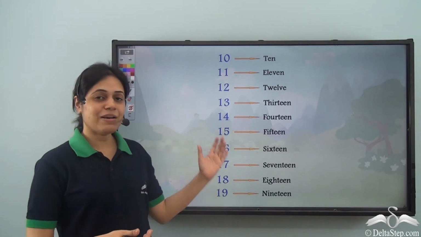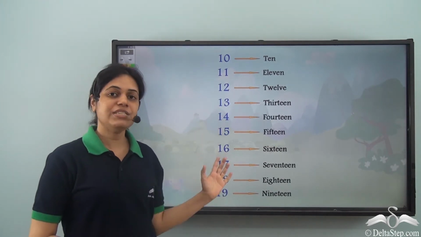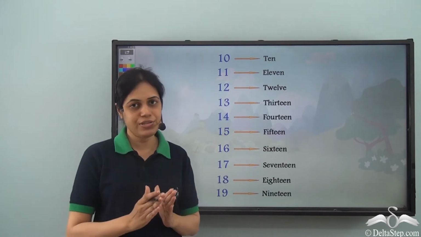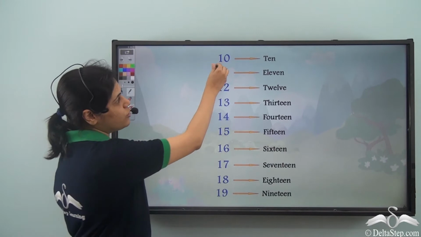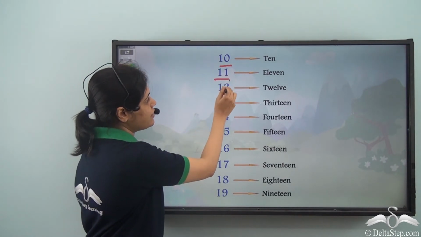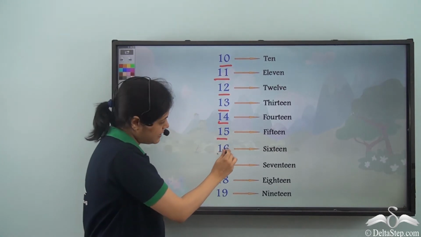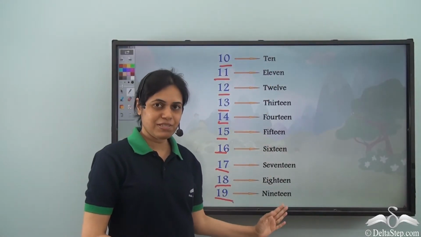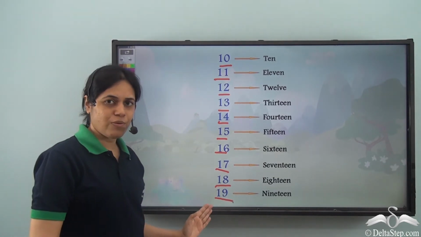We have learned these numbers. What are these? Well, all these are two-digit numbers. They are formed when two numbers come together to form a single number. So we know this is 10, this is 11, 12, 13, 14, 15, 16, 17, 18, 19, right? And these are their number names, right? So how are these numbers actually formed?